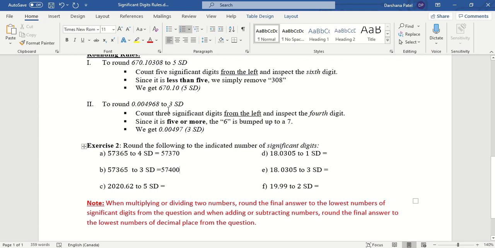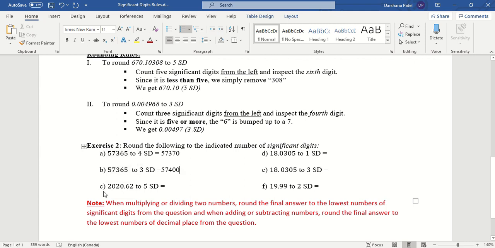Why did we not do that here? Because the number is in decimal, zeros after here will not make any difference in terms of getting closer to the actual number. However, if I added extra zeros here, it will increase my significant digits from 5 to 6 or 7. So we cannot do that. It's only when it is a whole number.